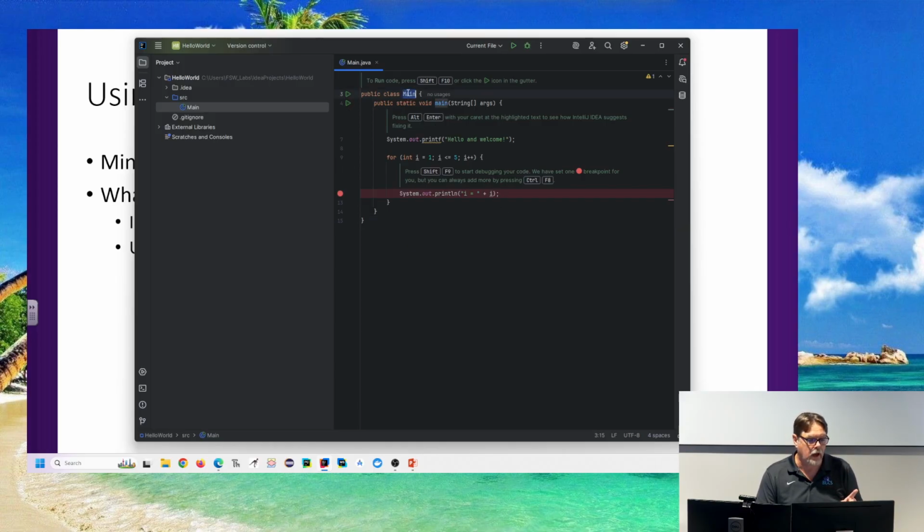One key thing that I'll point out is, even though I told it to call the project Hello World, the class name that it used for this file is Main instead of Hello or HelloWorld that I used in my example. So what does that impact? Well, typically it's going to complain if the class in the file is not the same as the name of the file .java, right? So Main.java and public class Main, that pretty much has to hold true for every file that you create in a Java project.